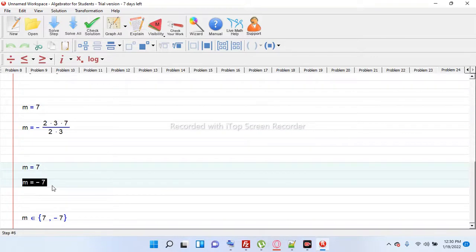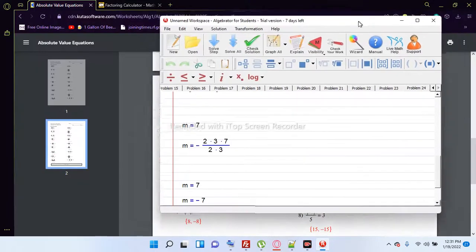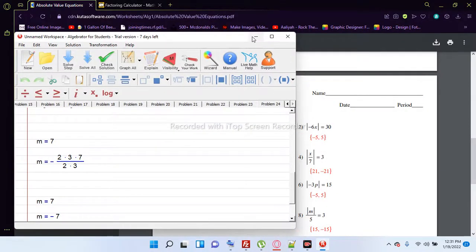M equals 7. M equals -7. You don't need that part right there. You don't need that. 7, -7. You have the answer. If you look inside your book, you see, yep, 7, -7. Yeah, correct. Okay. This is the Algebrator. Okay? Now,